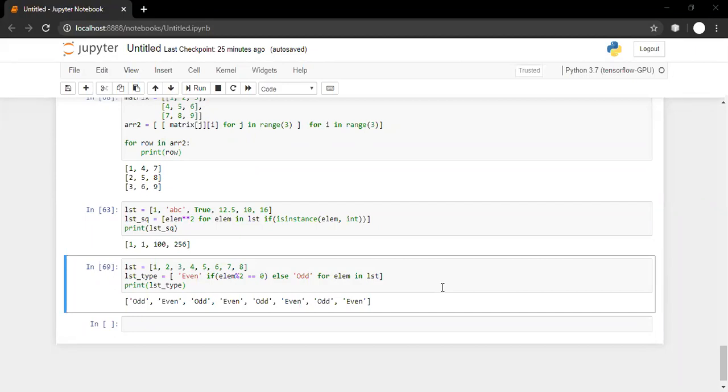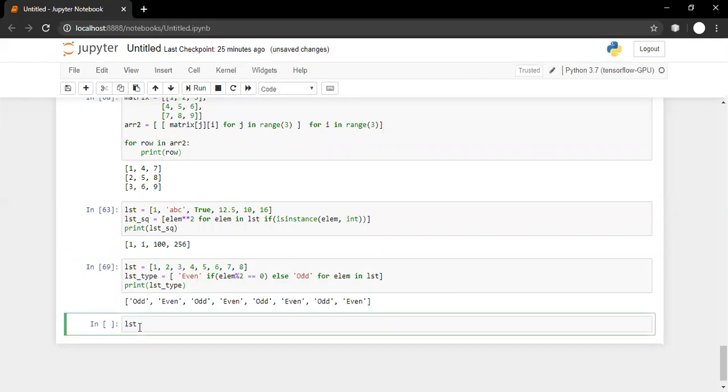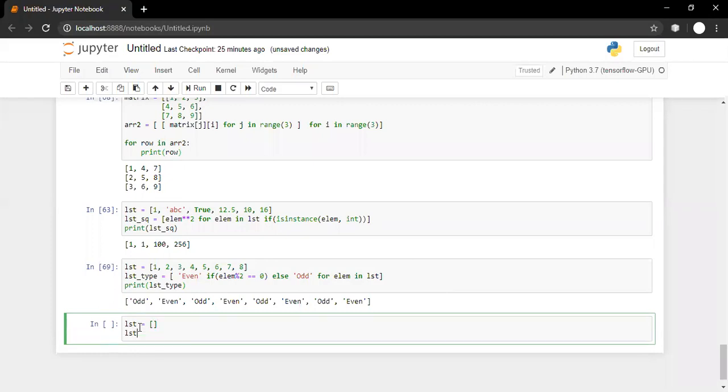Monica asks: sir, can you please give the general syntax for list comprehension? The general syntax for list comprehension is something like this. Let us say LST is my list, and if I want another list, say modified, then it is something like this: for LM in LST, and this blank part is where you are supposed to write your code.